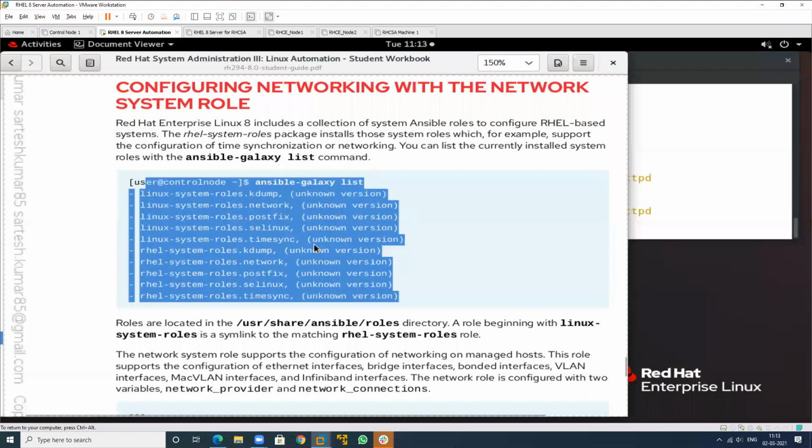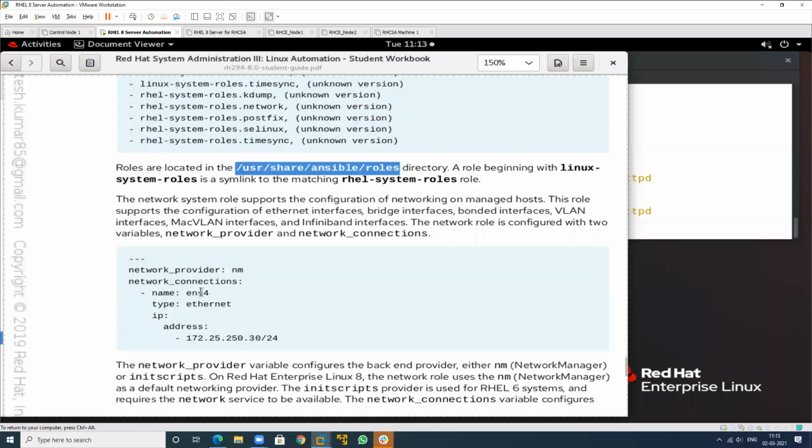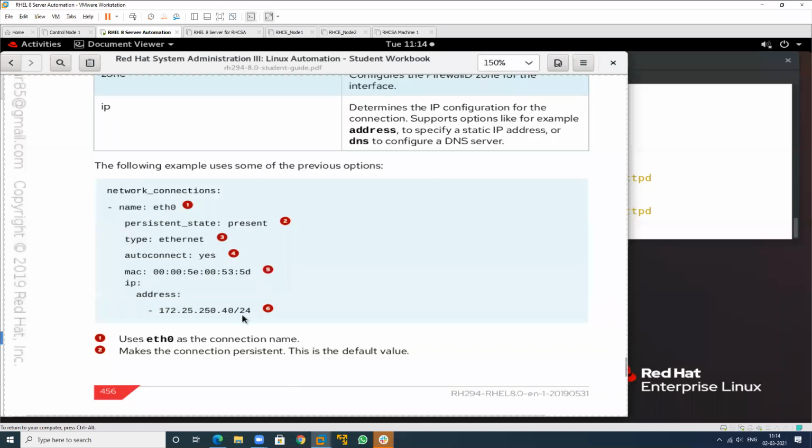And if you want to use the IP address information, just use this particular one. I want to create a connection: name is this, type is this, IP is this, address is this. So the IPs can be assigned and the connection will be created. This is related to creating the connection, which means I will use the nmcli command. We can also use this particular module, the name of the module is network underscore connections. See, this is my Ethernet name, persistent, state present, type is Ethernet, autoconnect yes, MAC address yes.